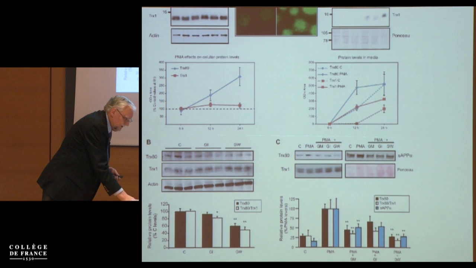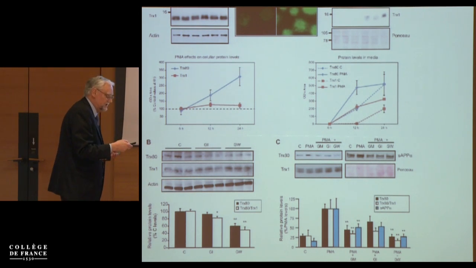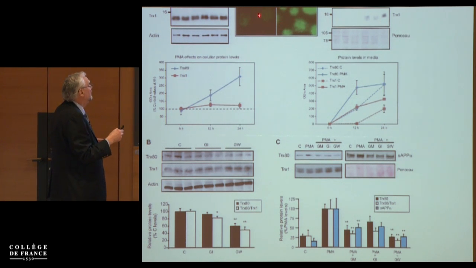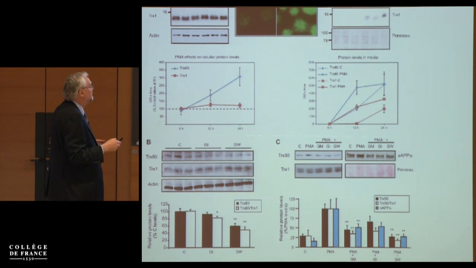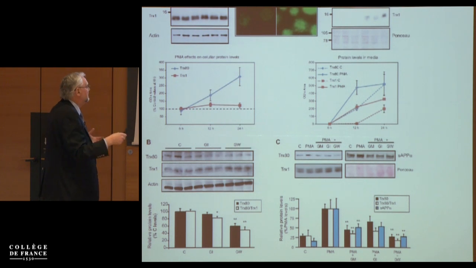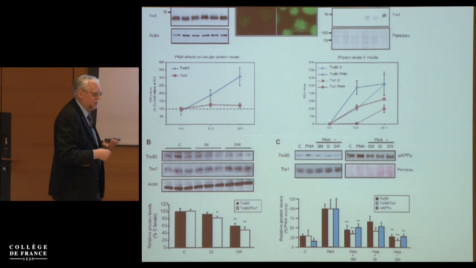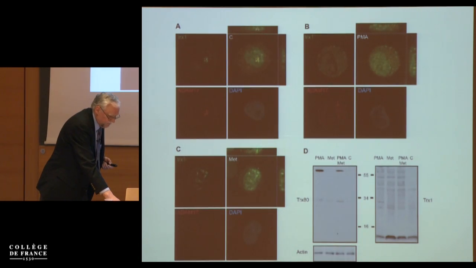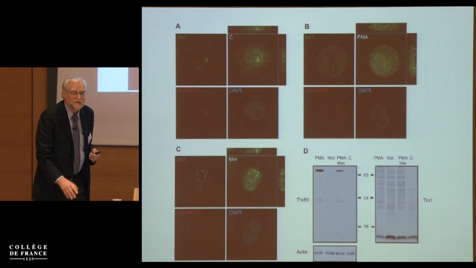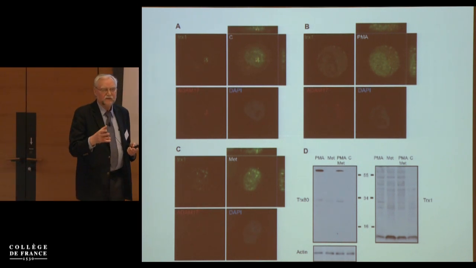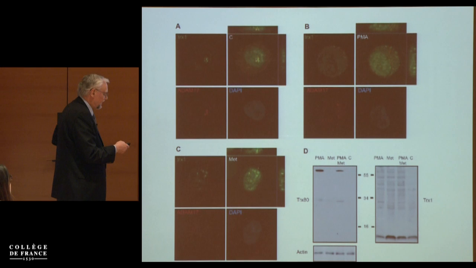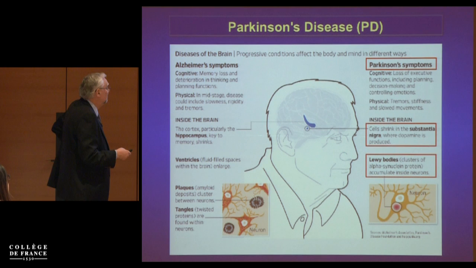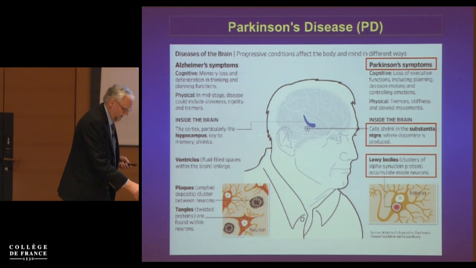Finally, quick things here: thioredoxin 80 is induced by phorbol esters. You can see here before and after phorbol esters, and you can do various things to understand the secretion of thioredoxin here, which I won't have time to go into. And finally, the cleavage enzyme is an alpha secretase, ADAM17, and it can be shown,